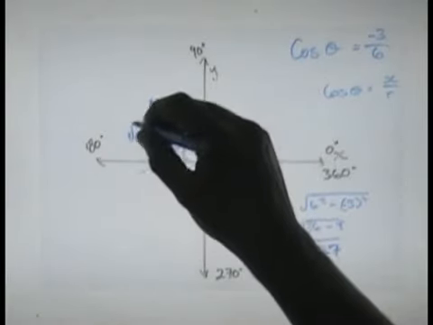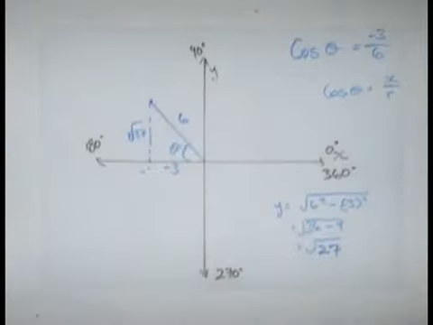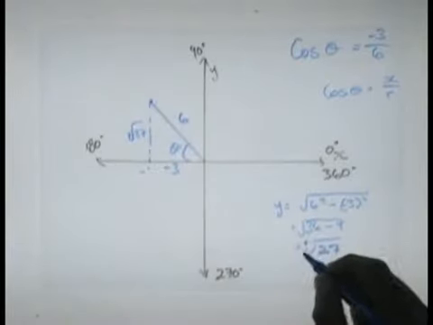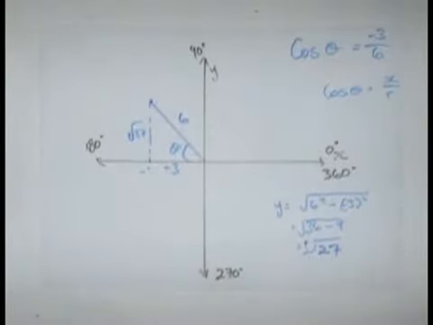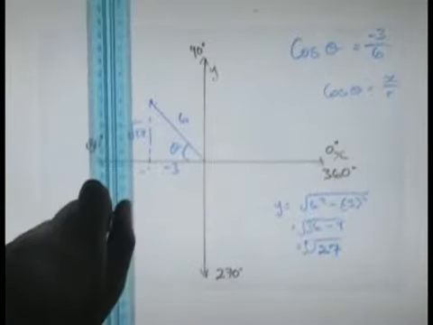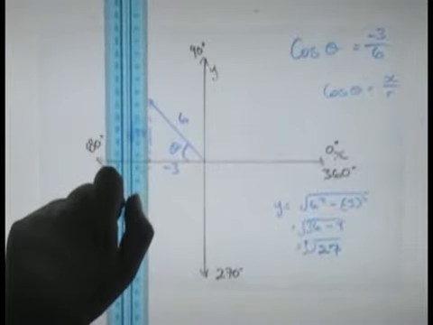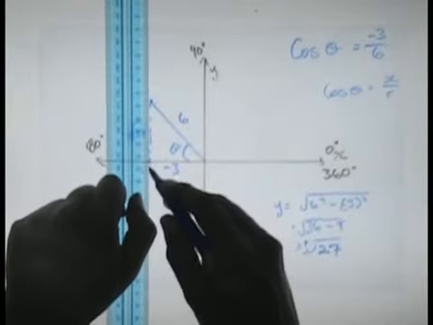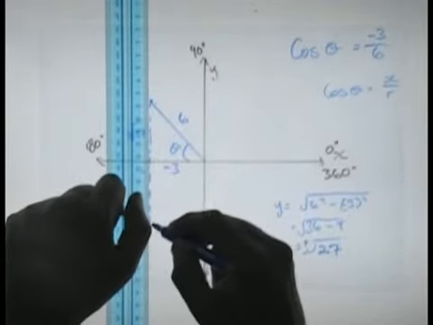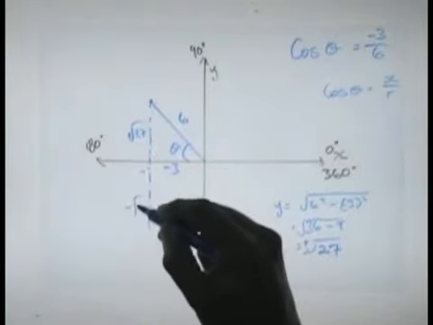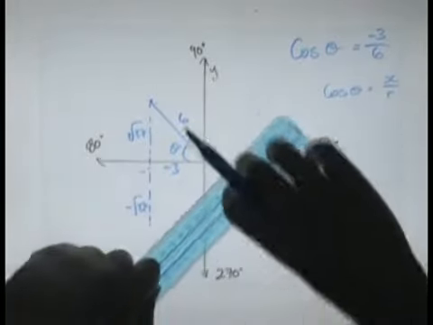That means that y is equal to root 27, but because it's a square root, it can be positive or negative. Is that true? Yes, it is, because this line here could also be negative root 27,